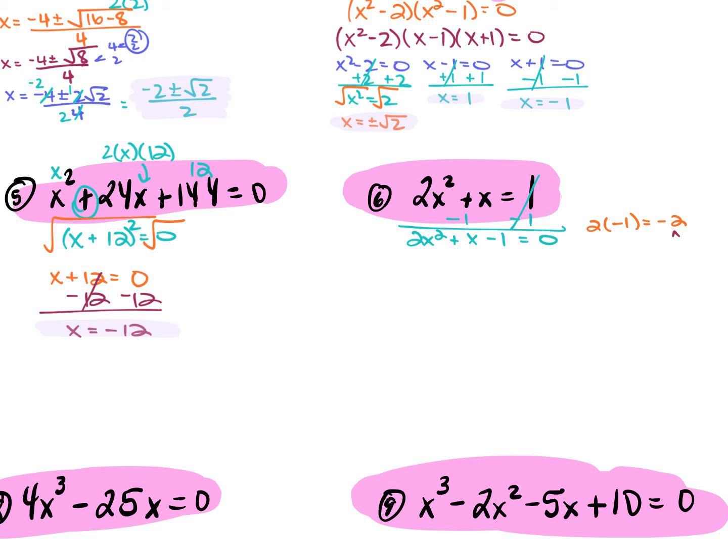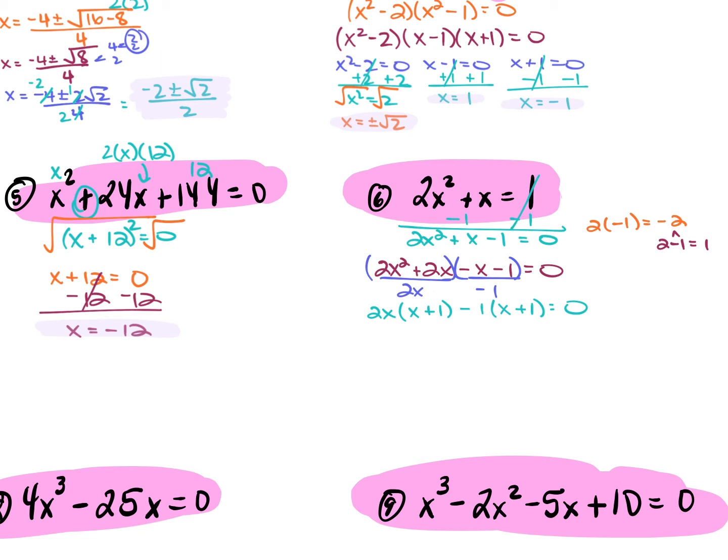2 and negative 1. So positive 2, negative 1, give us 1. So this is going to become 2x squared plus 2x minus x minus 1 is equal to 0. From here, you have 4 terms, so factor by grouping. Put a set of parentheses around the first 2, put a set around the last 2. Factor out a 2x from the first, factor out a negative 1 from the last. This is going to give us 2x times x plus 1 minus 1 times x plus 1 is equal to